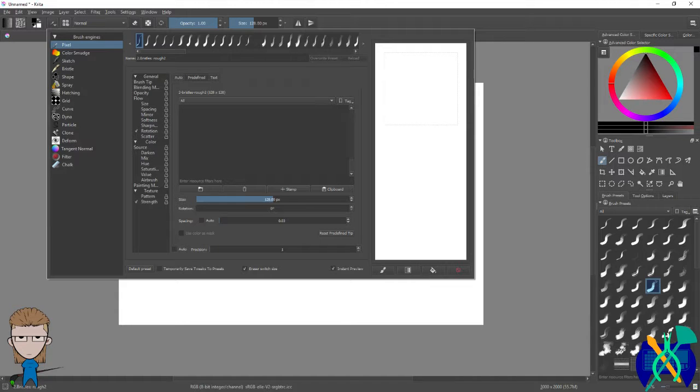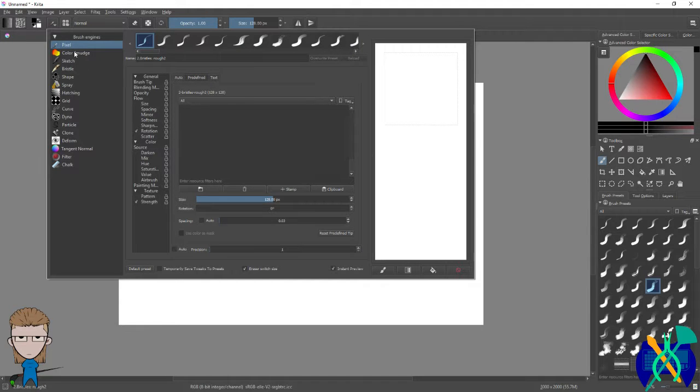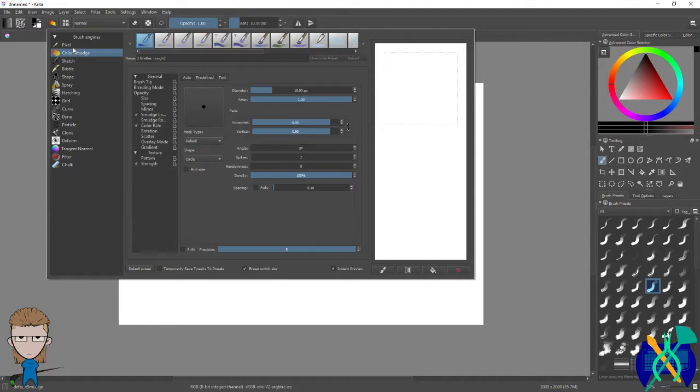Because it throws me off that it's in its own little drop-down menu. This does not feel like it should be a drop-down menu. It feels like it should be its own thing, like its own toolbox, essentially. That's what this feels like, that it should be its own toolbox. Mainly so I can readily see it and switch between a smudge brush and my drawing brush or my painting brush immediately and with ease if I can't do it with a keyboard shortcut like I can in GIMP, because